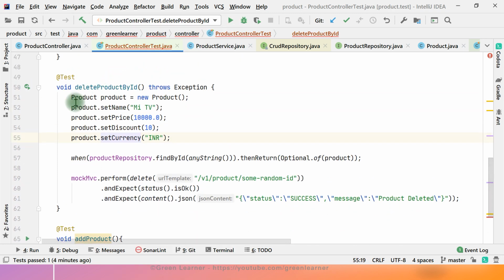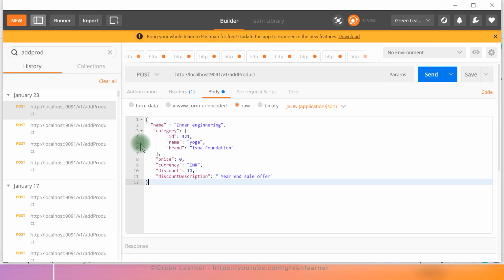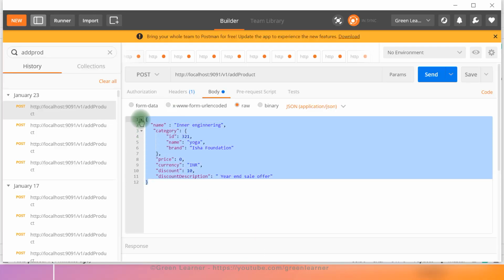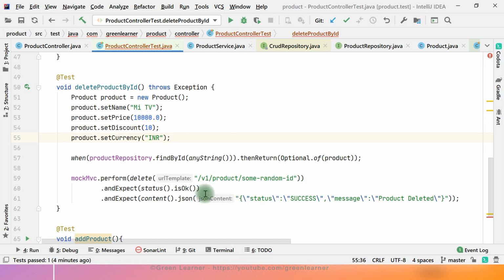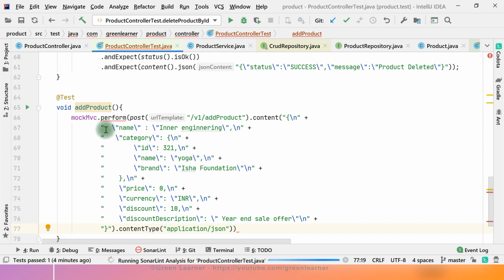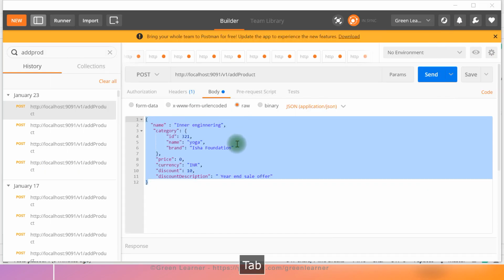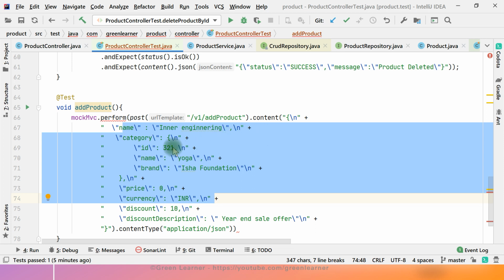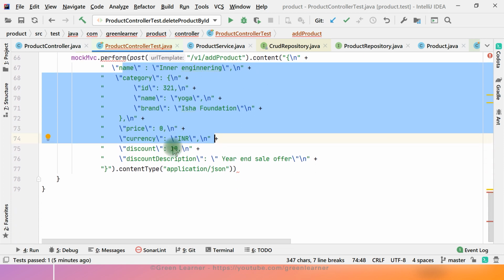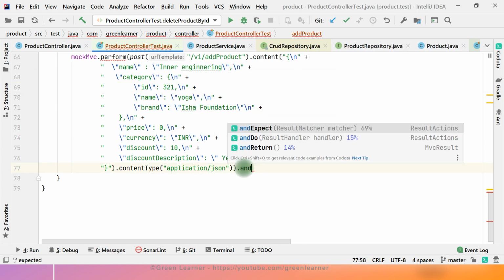Okay, so I have to give this content, the product, in JSON format. So how to get this JSON format? Remember, while testing in Postman, we created this JSON format. So I can take it directly from there and put it here. The IDE is going to do a couple of formatting changes. I know it looks a bit complex, but it's just a string. I just copy pasted it, and the next line is being added by the IDE itself. All right, so the content type is this one, whatever we are going to pass here. And what I expect from here